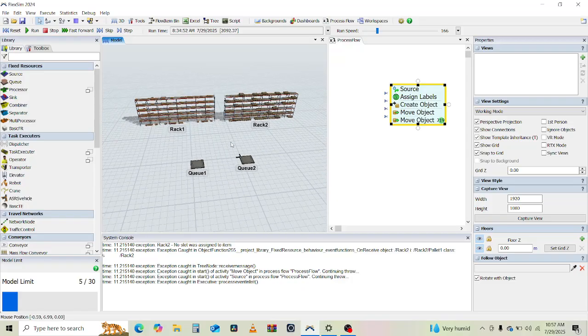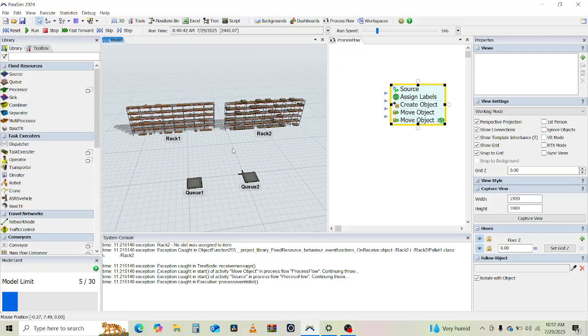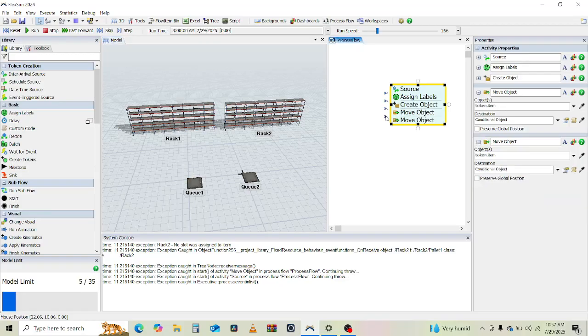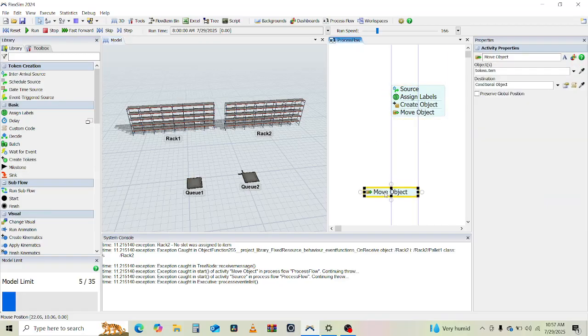Okay, so now let's say I want to make it more complex. Let's say I want two operators and they're going to carry the products to the rack. So each operator is going to be assigned to only one type of product. So if you want to do that, let's separate it from here and let's keep it here. And from here,